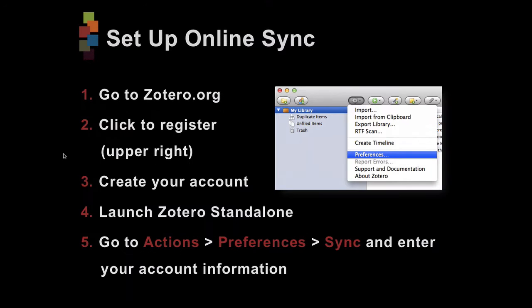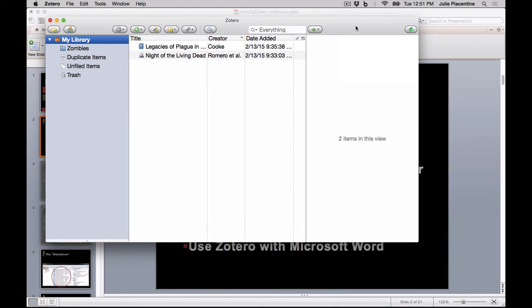To finish setting up online sync, we're going to add the account information that you just created to the Zotero standalone. So next, find Zotero standalone, which you've just downloaded and installed, and launch that software. Because you've just installed Zotero, you'll have no items saved in your Zotero library. But because I've used the software before, I have items appearing in my library.